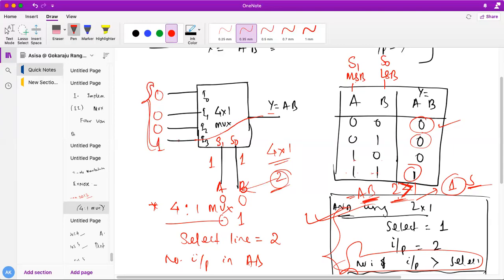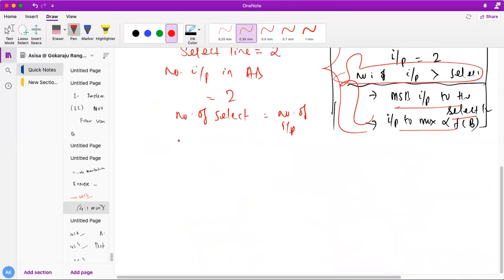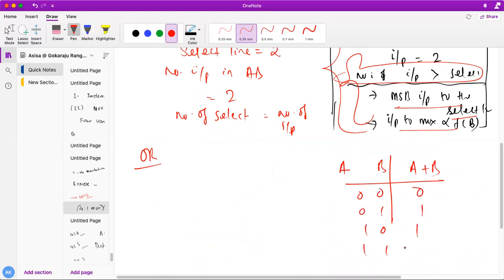Very simple. Okay, so see here what I am going to do for the OR gate. Very simple, anybody can guess it now what we can do. So OR gate, we know that this is A, B, this is my A or B. So obviously this is 0 0 0, 0 1 1, 1 0 1, 1 1 0. Sorry, 1 1 also 1. I made a mistake here. So 1 1 also 1. So this is my OR gate.